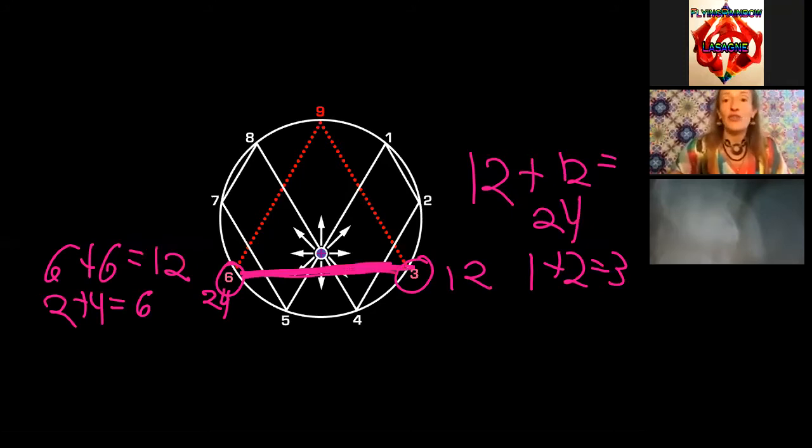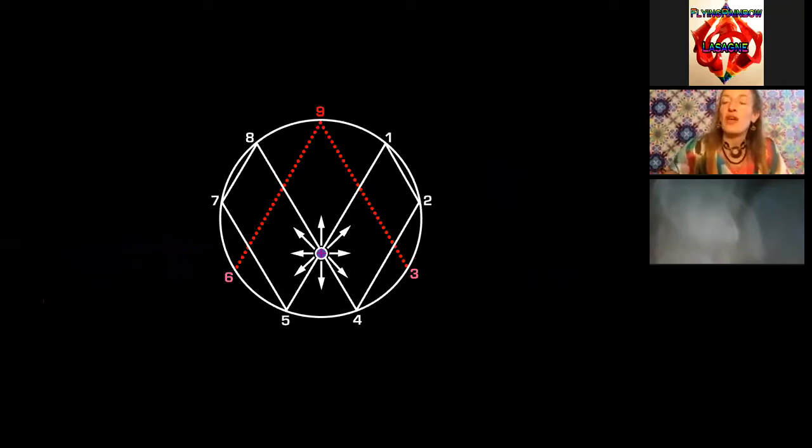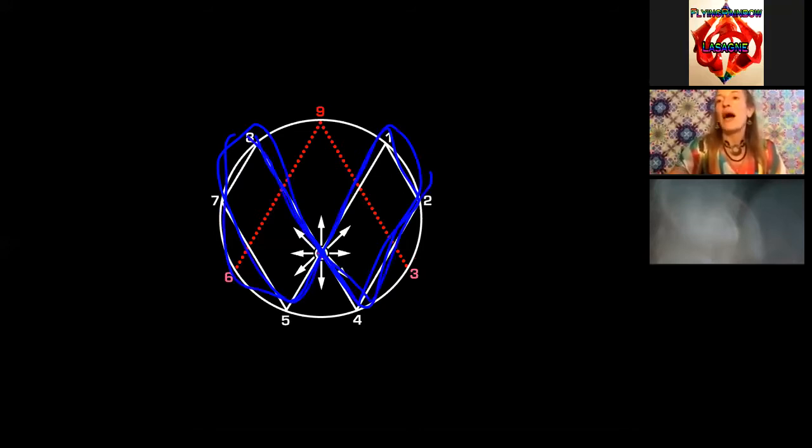And then 9 is its own crazy thing. All of these multiples of 9 always add up to 9. So, 9 times 9 equals 81, and 8 plus 1 equals 9. And that's true of all of the multiples of 9. So there's special qualities for these 3 numbers that are a little bit different than the special qualities of these guys over here. And all of this in order to say that Marco Rodin promotes the idea that this blue